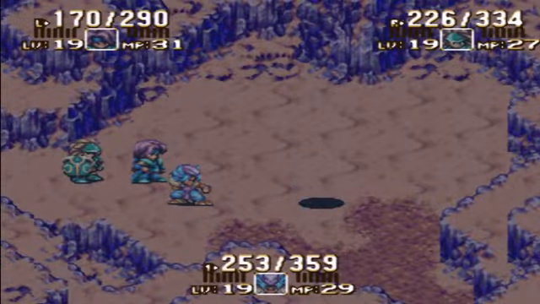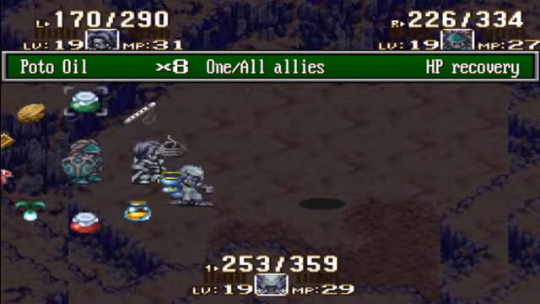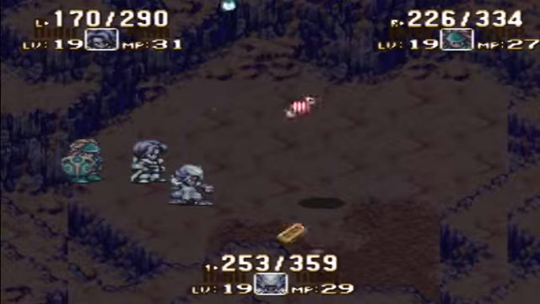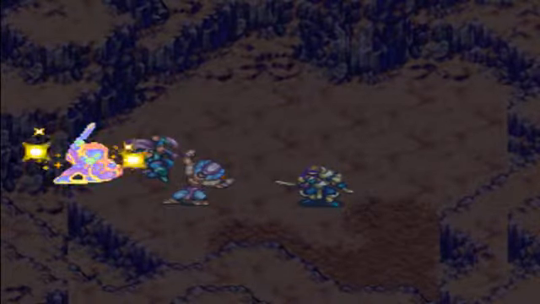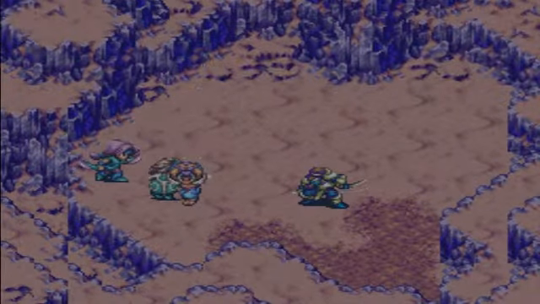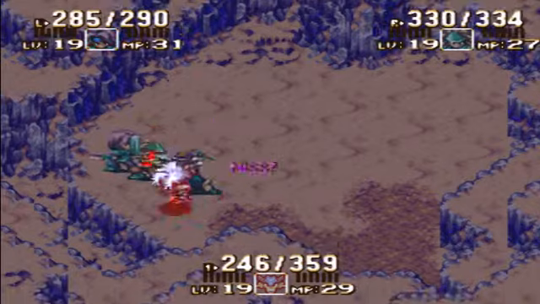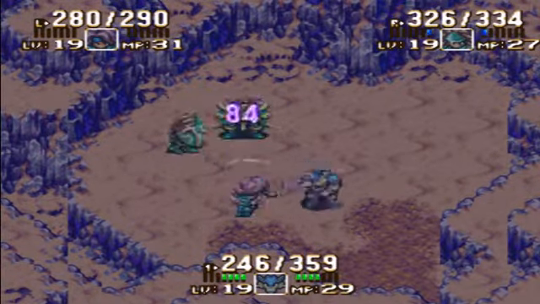And they become something else entirely. Now, immediately, right off the bat, you will want to head into the menu and select a Poto Oil with the Durin, because they will start attacking you pretty much right off the bat, and they might even start throwing shurikens your way. Luckily, we have pretty high defense, but...